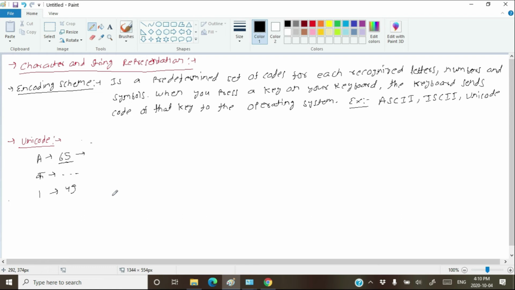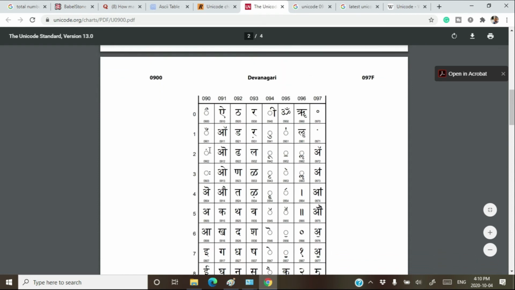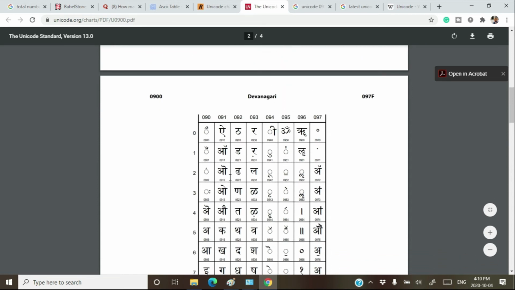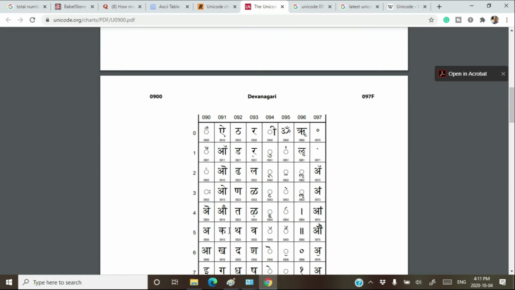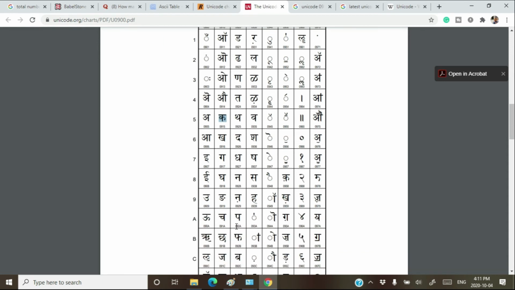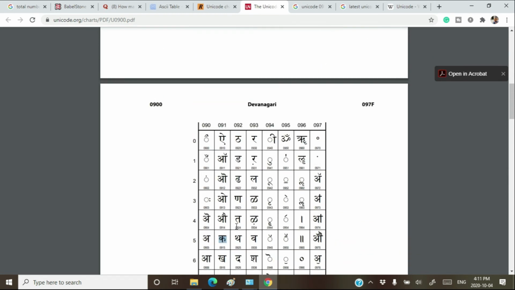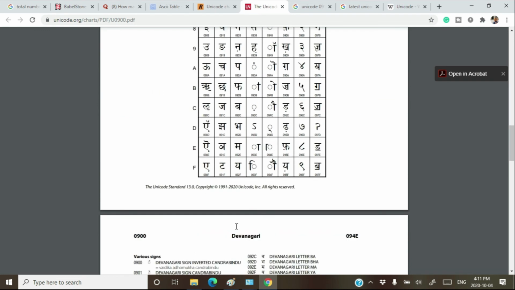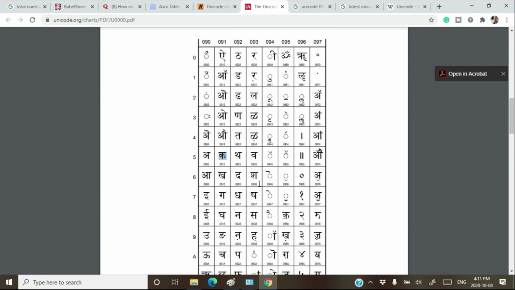But first let's see the different characters in the Unicode. Okay, let's see it. So as you can see here, 0, 9, 1 and 5. So 0915 is the hexadecimal for Ka. So 0915 is just an assigned number to the Ka. This does not mean that you can use the binary of the same number to store this number in the memory. Okay, remember that. We will see how to store the various numbers in the memory. But here you can see we have various Devanagari characters, that means the Hindi characters, having various Unicodes.